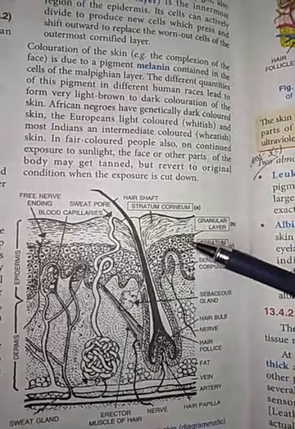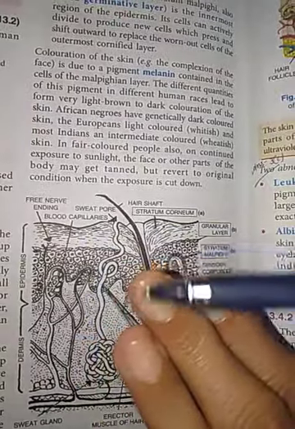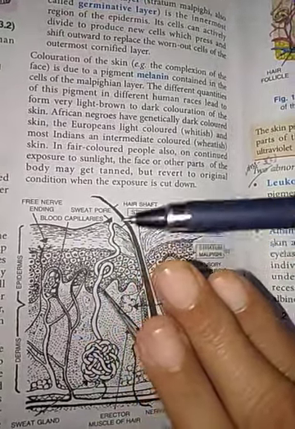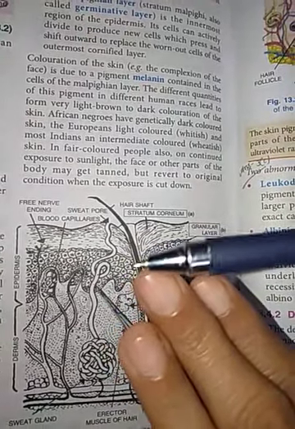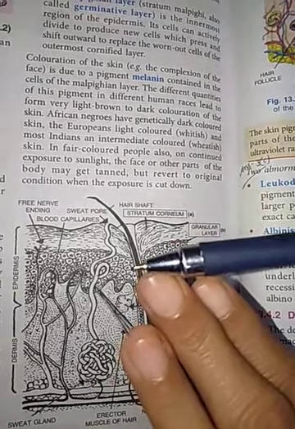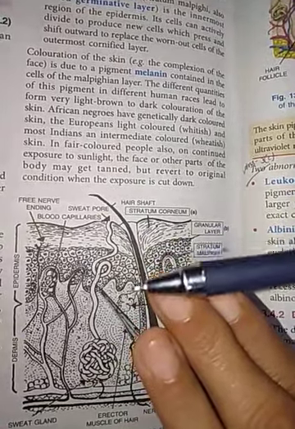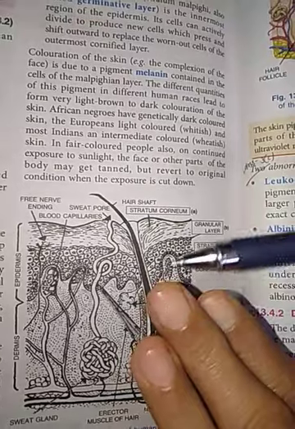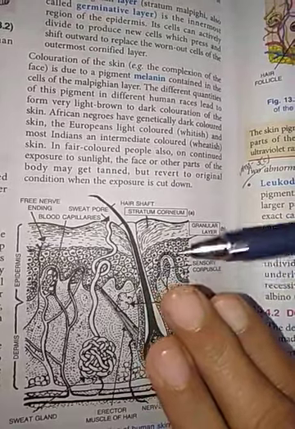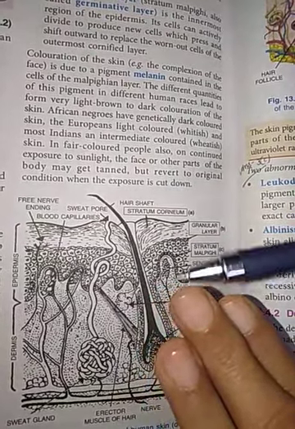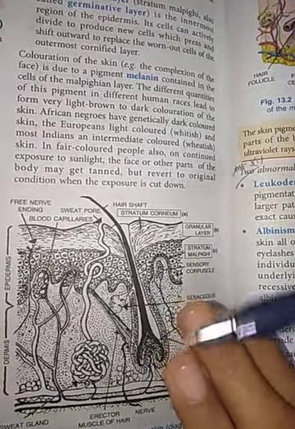Now these cells are continually worn away or shed and are replaced from beneath by those arising from the deeper Malphizian layer. Now students, as you can see, when our nails are growing, and we cut this grown part, we feel no pain, because this outer part of the nail is made up of flattened dead cells. So when we cut this part, or when these parts are shed away or worn out, then from the deeper Malphizian layer, these cells again grow outward to replace these worn out cells. So in this way our nail grows to its full length again.